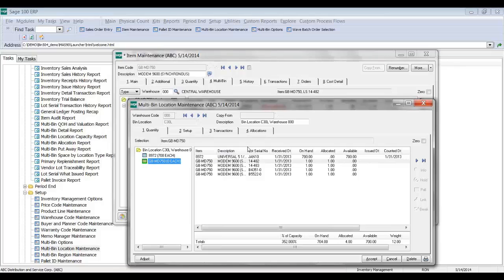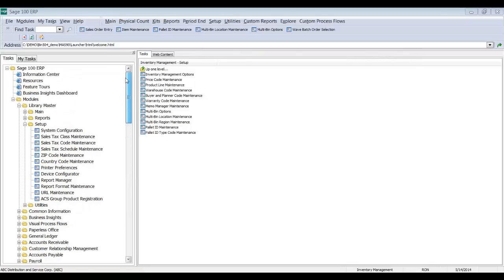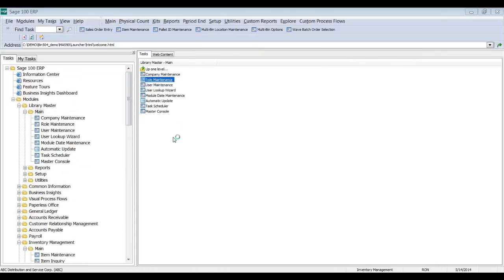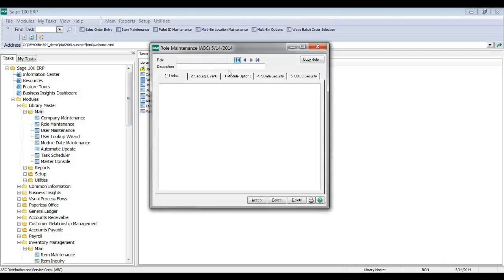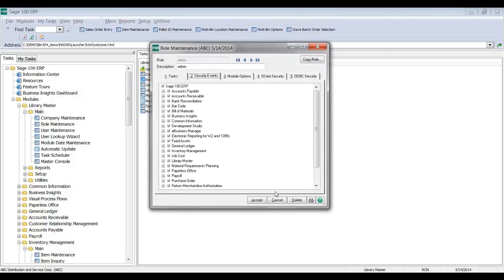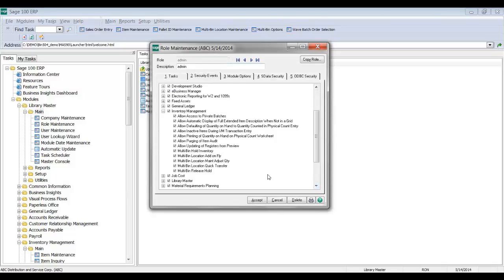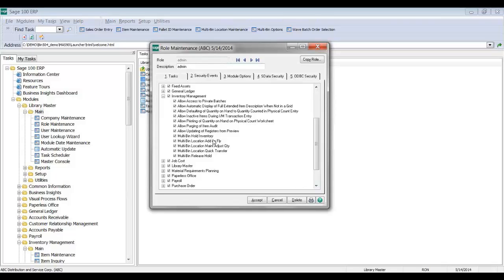But these transfer programs, the one thing you need to know is this is based on security. So if I were to go into role maintenance, and I'll go check out my infamous super role security settings here, you can see here that we provide the ability to provide quick transfers. So you can give rights to someone that has to do transfers. That applies to